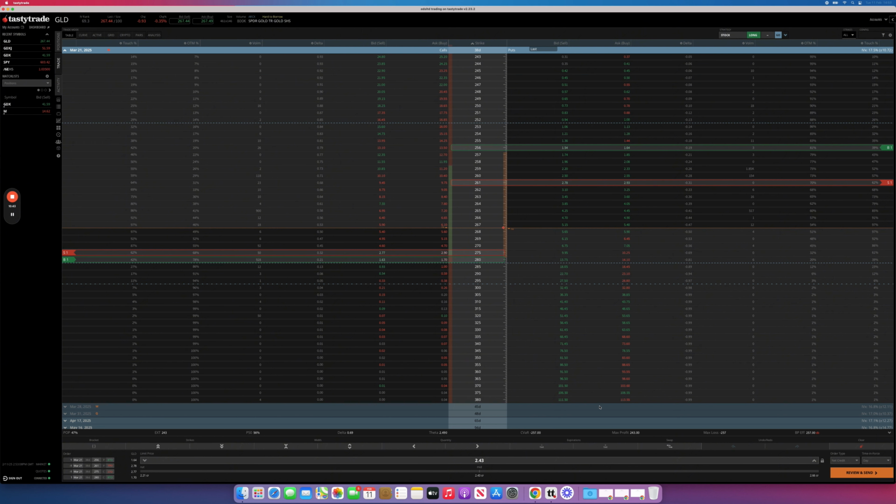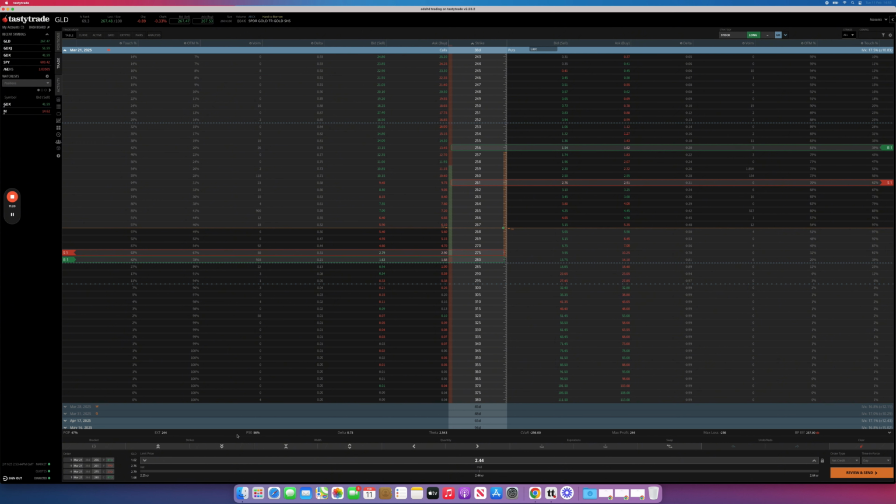Now, in turn, because of this, our probabilities of success have dropped. Our POP is now 47%, but our P50 is still over 50%. It's 54, 55%. So this is pretty much a one-to-one trade, and we have a P50 of over 50%. So what you want to do is get as many of these occurrences in your portfolio, and operate a casino or an insurance company business model. You want to have as many occurrences as possible, and you want to let the odds play out in your